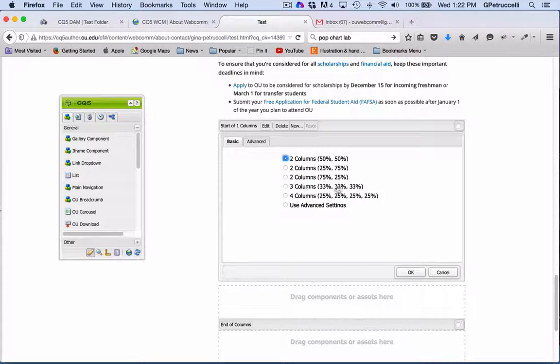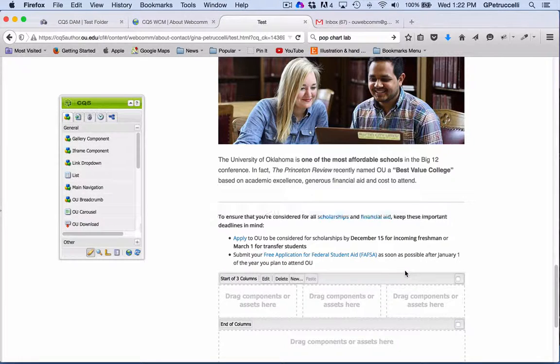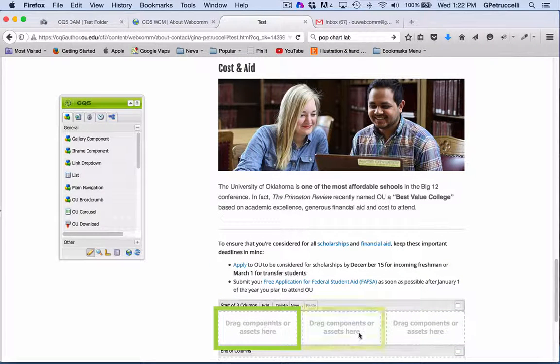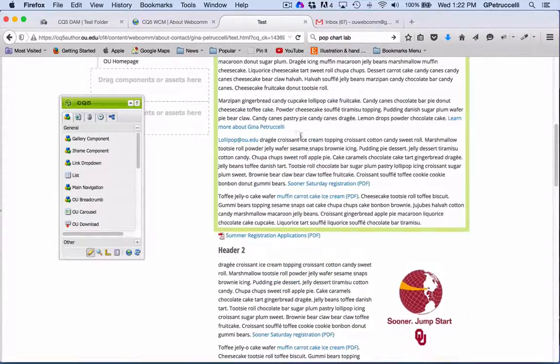So if I wanted 3 columns next to each other, all equal widths, I'm going to select the 3-column system. You'll notice that when I do that, I now have 3 different drag components or assets here next to each other. You can then either create new content in each of the areas, or I could go up here and